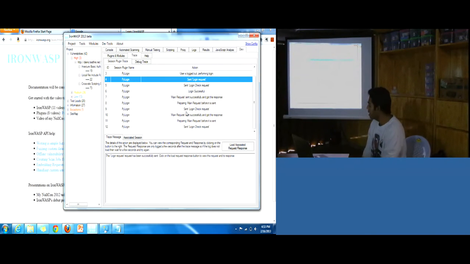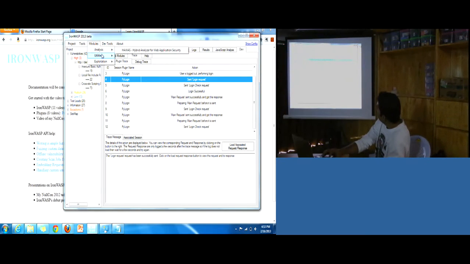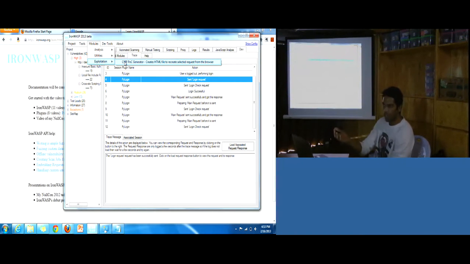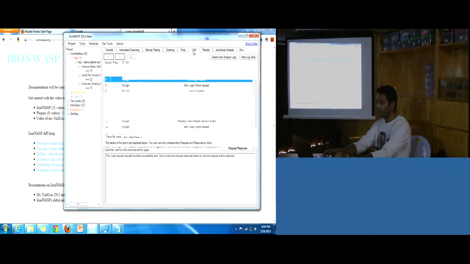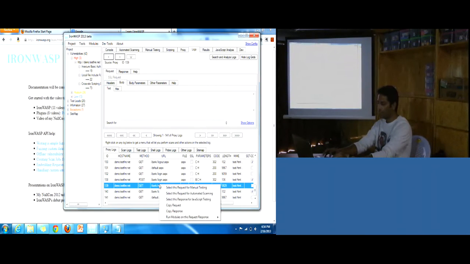And the good thing is, now that the API is rich and very useful, I've exposed it through a system called modules. So you can write your own tools and embed them within IronWasp using the API of the tool.